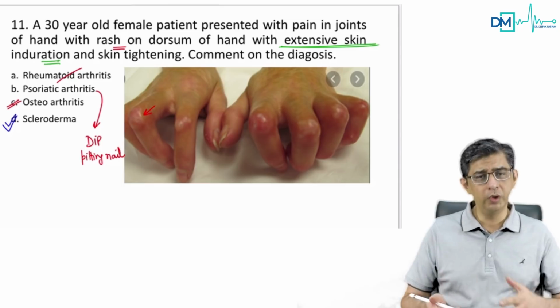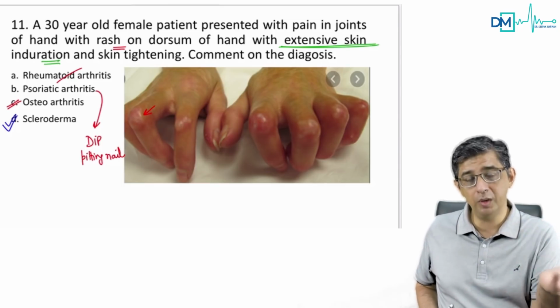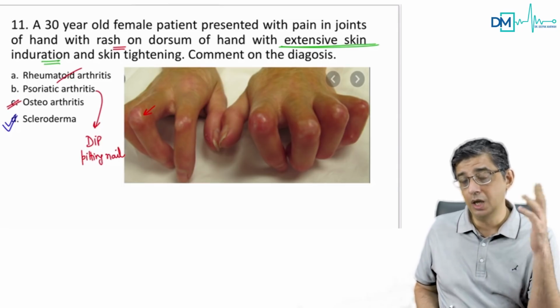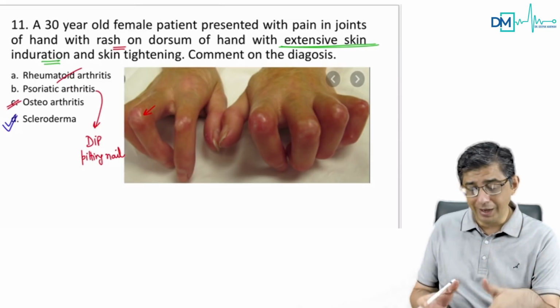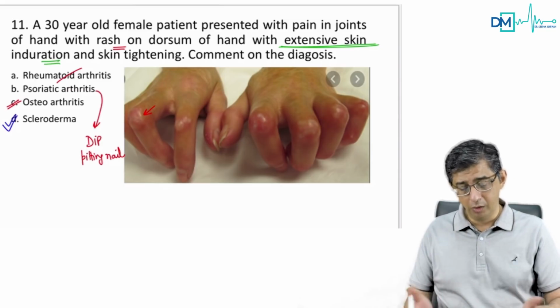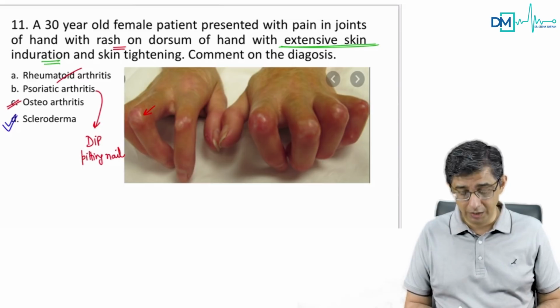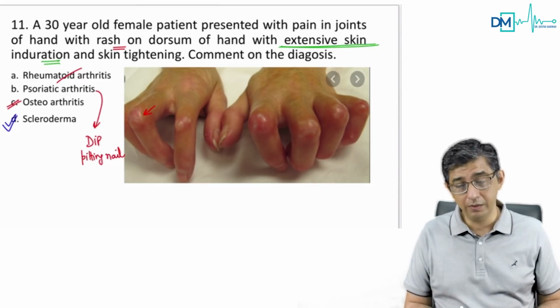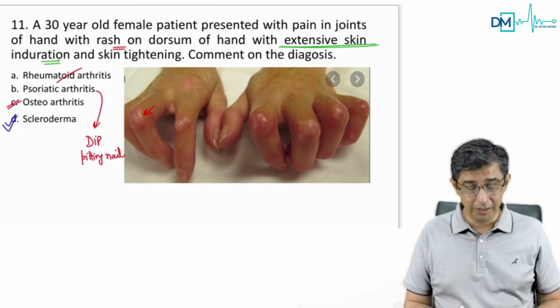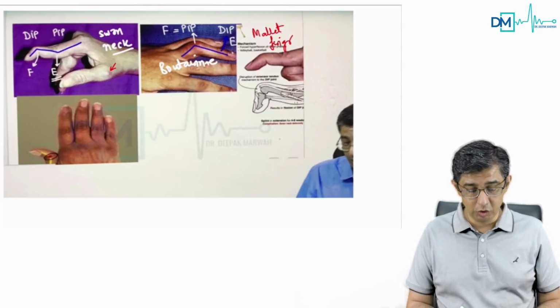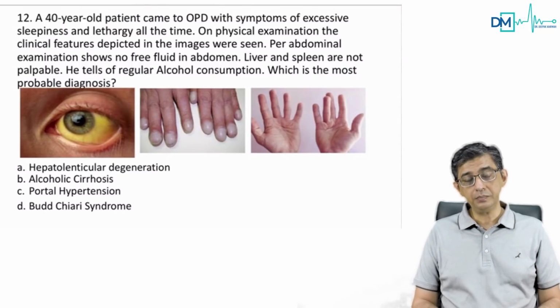So, well, you would do investigations, no? For scleroderma, we do a topoisomerase antibody, we do anti-centromere antibody. Those are subsequent things. But obviously, this question is subject to debate. I agree to that, and I personally feel that if extensive skin induration is present with skin tightening, then this should be the answer that should be given.